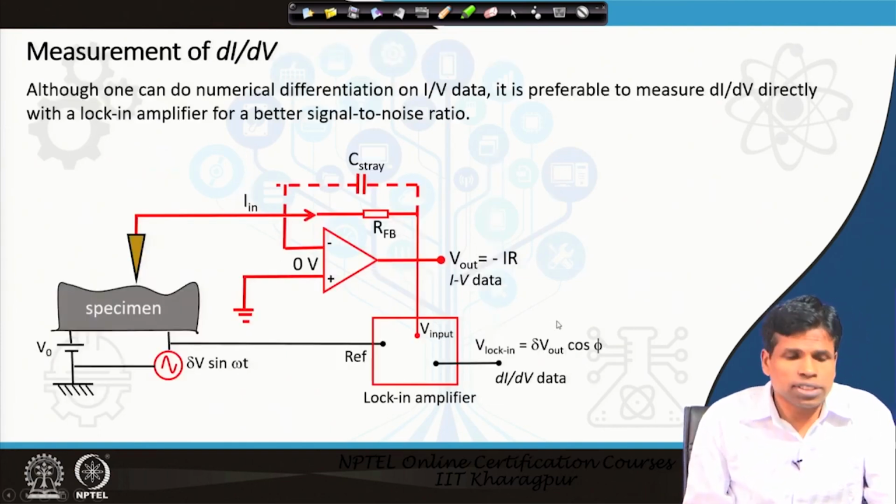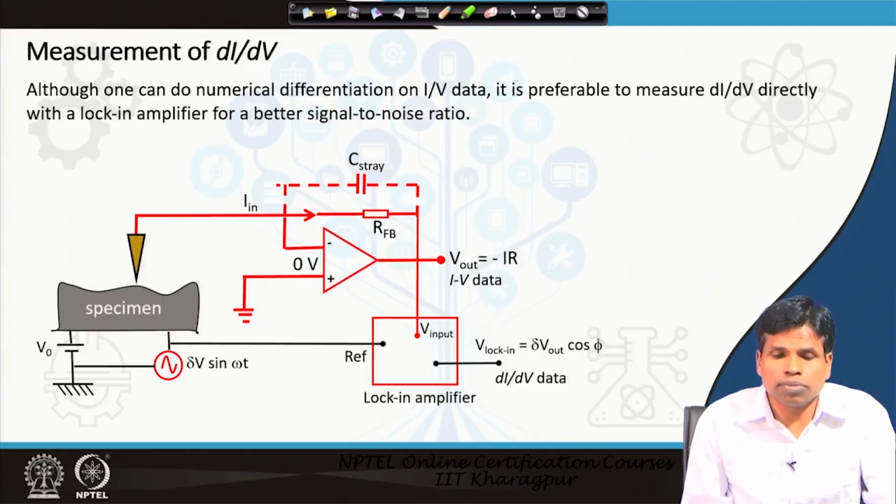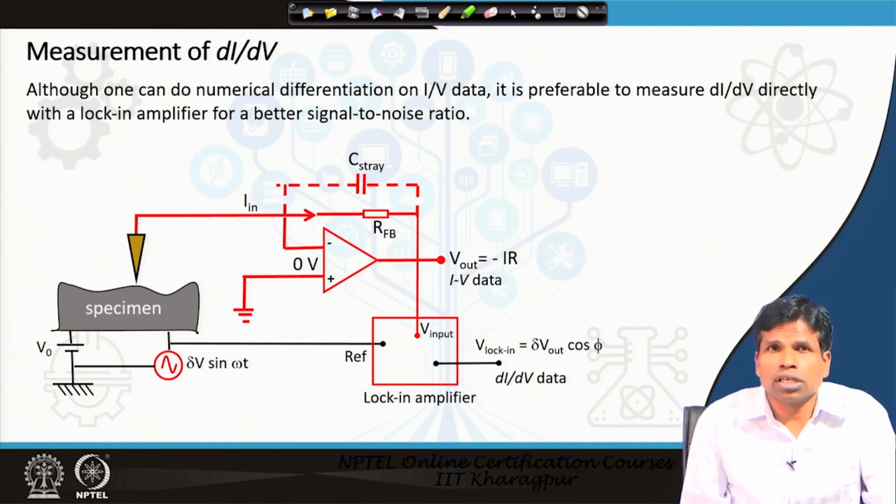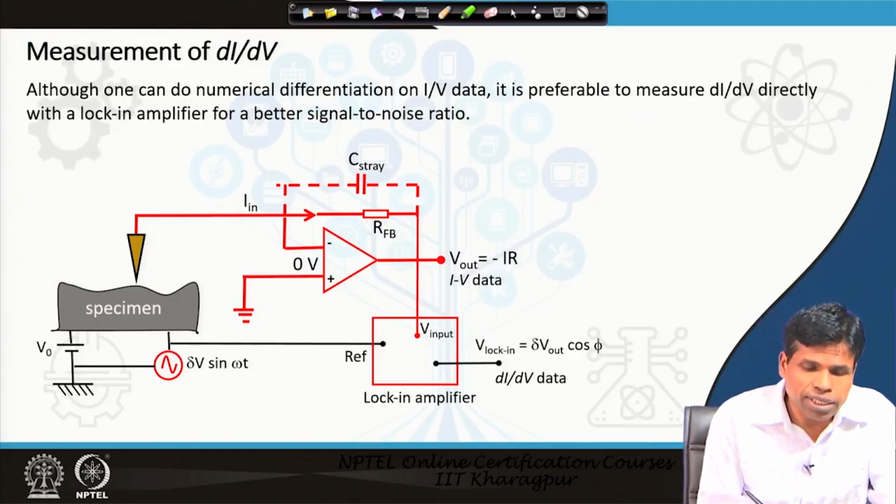In addition to IV measurements, one can also do dI/dV measurements. That can simply be done by mathematical differentiation, but in scanning tunneling spectroscopy it can be measured directly using a lock-in amplifier, because that gives a better signal to noise ratio. So, in the dI/dV measurements,